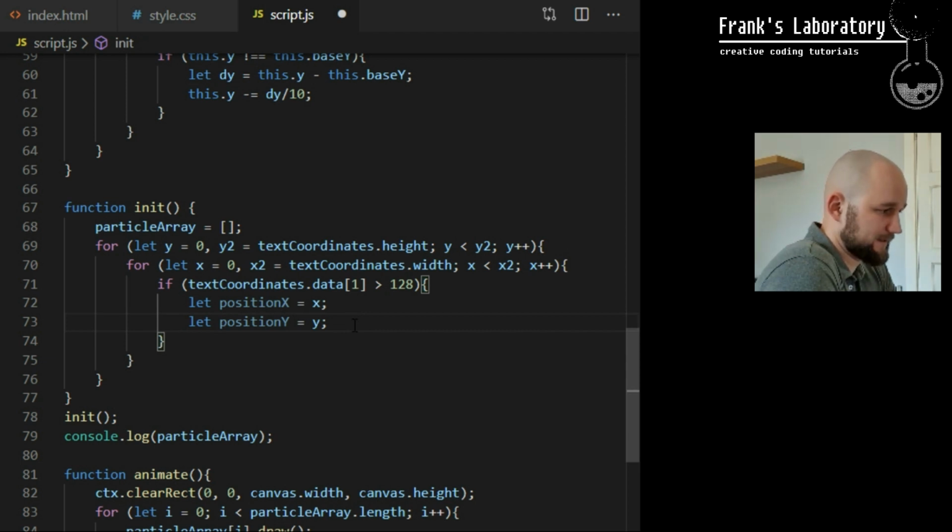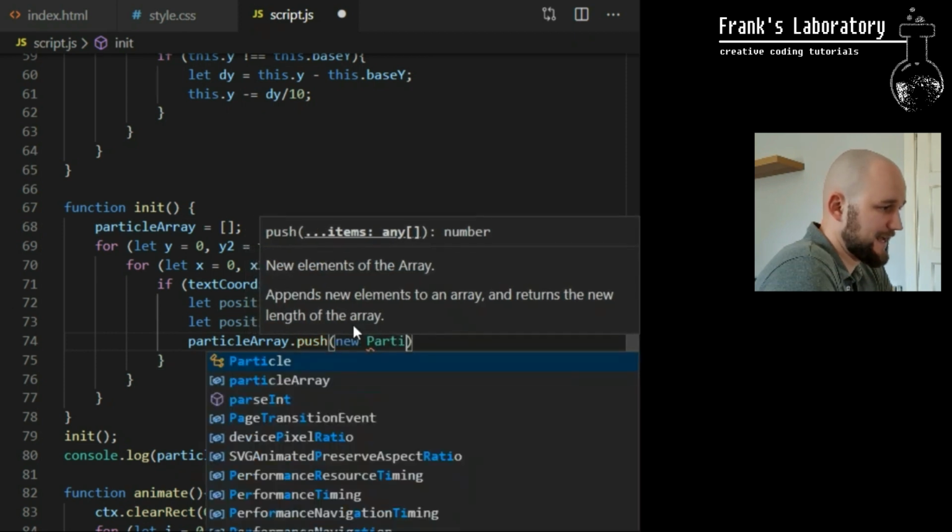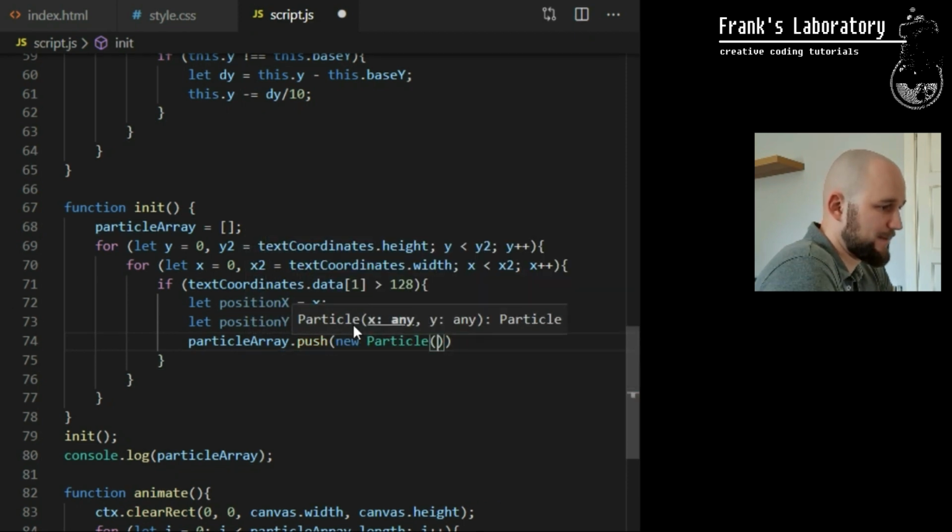So I cycle through all pixels, I check their opacity value, and if their opacity is more than 50%, I capture their coordinates in temporary variables, positionX and positionY, and I call push on the particle array, which is my custom array I created to hold particles for my effect. The push method just takes whatever we pass to it and places it at the end of the array, so I pass it a new Particle, which will call the Particle class constructor that uses the ES6 class blueprint we created earlier and creates a blank object and assigns it values and properties based on the rules we declared in the blueprint.